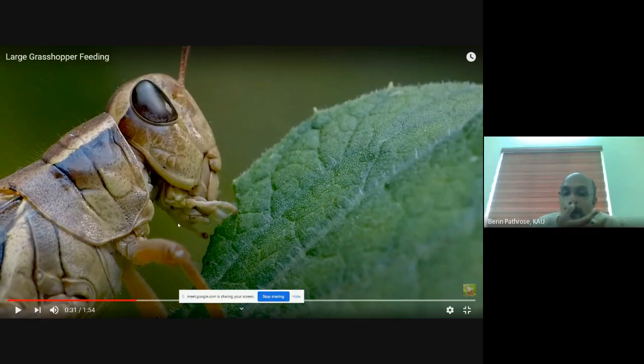I will try to show the three-segmented labial palpi over here. Anterior most we have labrum. On the lateral side we have mandibles. There will be another mandible on the other side, and the maxillae on the other side. Posteriorly the mouth is closed by the labium. So anteriorly we have labrum, posteriorly the mouth is closed by labium, and inside there will be hypopharynx. That's why I told you the mouth lies between labrum and hypopharynx. Hypopharynx will be here.